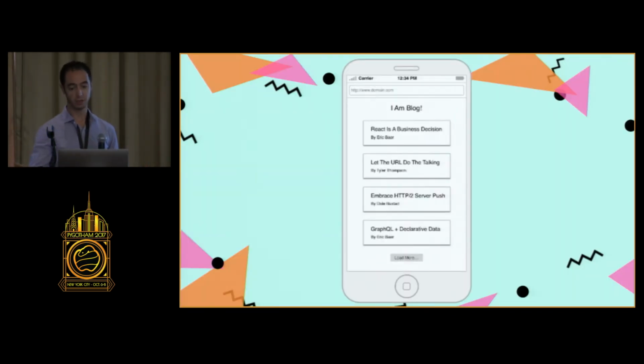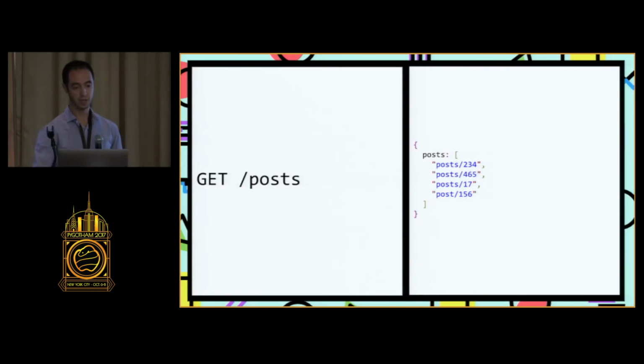So let's pretend we have to build the landing page of a blog, which just displays a list of posts and their authors' names. First, we're going to fetch our list of posts from our post endpoint. Our API would return a list of posts and the URI required to fetch the additional information for each one. Alternatively, in the real world, your API might return a list of IDs that have to be concatenated onto a URL that you have to find from Confluence.